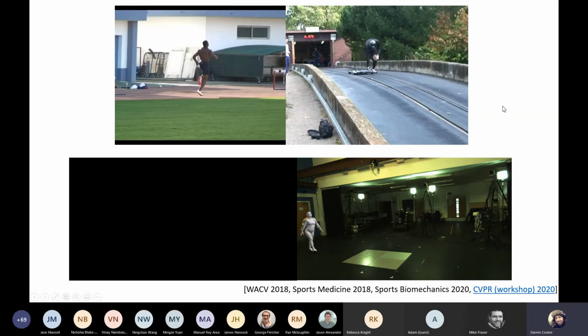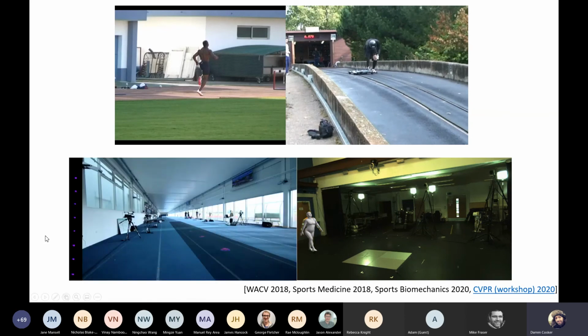And in CAMERA too, we're going to be working with other sports partners, Lawn Tennis Association, British Athletics, and we're going to be rolling out the system. To give you an idea of one of the things it does, this is the indoor sprint track at Bath, and you can see our old version of the system where we used big 4K cameras,